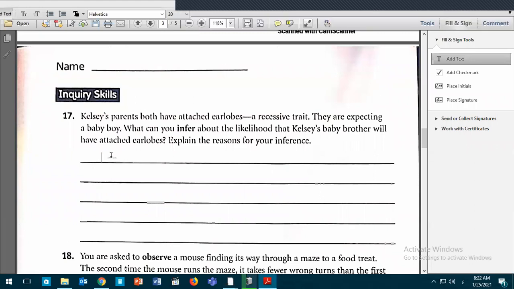Yes, so the baby will have an attached ear loop too, because both of the parents share the recessive trait. Both of them carry only the recessive trait. So that means they don't have a dominant trait for a free ear loop. So how will their kids get a trait for the free? Because there is no dominant trait attached to it. Exactly. Thank you so much, Sabine. So yes, the baby will have an attached ear loop because ear loop is a recessive trait, and in order for a recessive trait to appear, there must be no dominant factors.